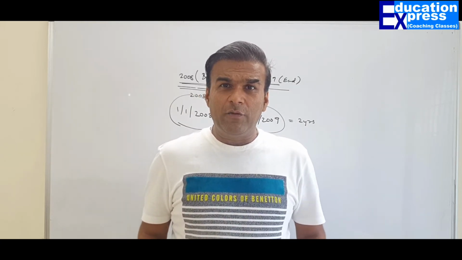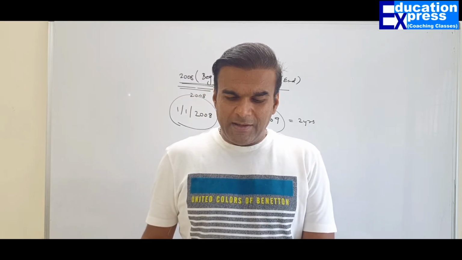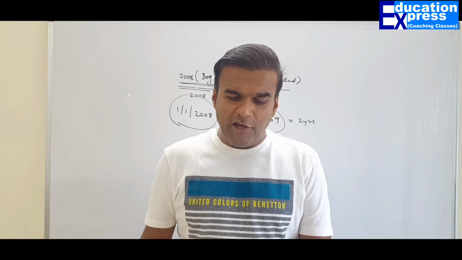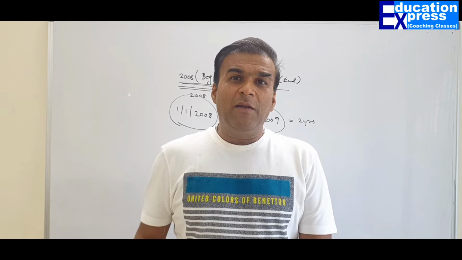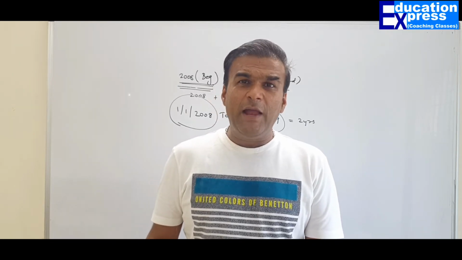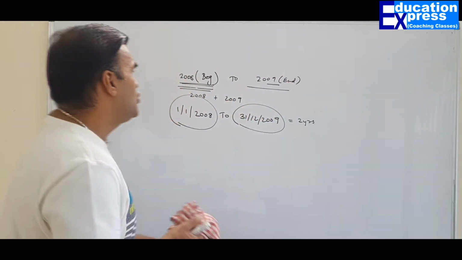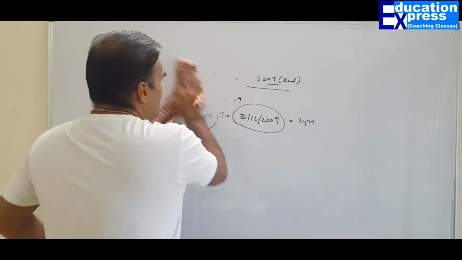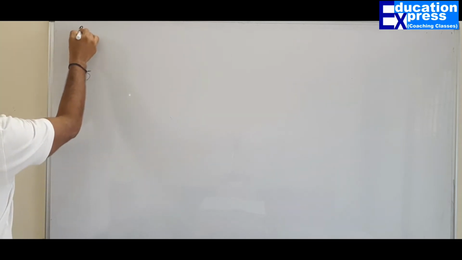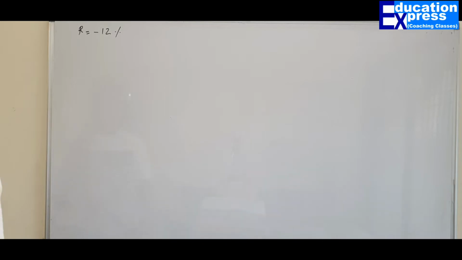Let us read the first question of the exercise. The cost of the machine is supposed to depreciate each year by 12% of its value at the beginning of the year. That means the rate of depreciation is 12%. If the machine is valued at 44,000 at the beginning of 2008, how do we go about it? They have mentioned that the rate of depreciation of the machine every year is 12%. Because it is depreciation, I am taking the rate as negative.